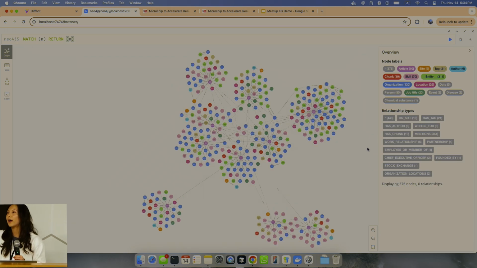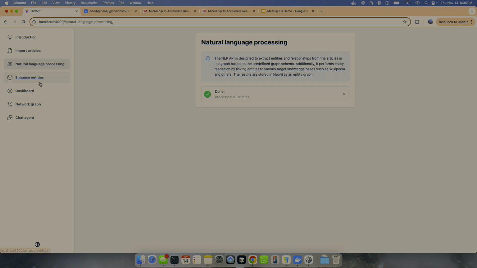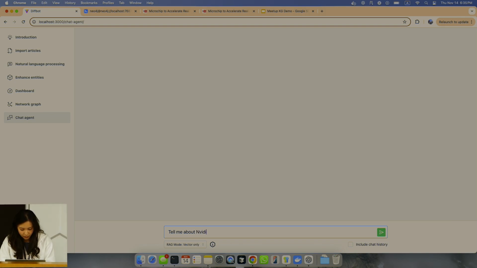Okay, so right now you have a more enriched graph, which includes all the relationships or entities in the articles. And I'll further explain what this will do, so just bear with me. And okay, NVIDIA. So if I say to the chat agent, tell me about NVIDIA, like industry, competitors, or suppliers.